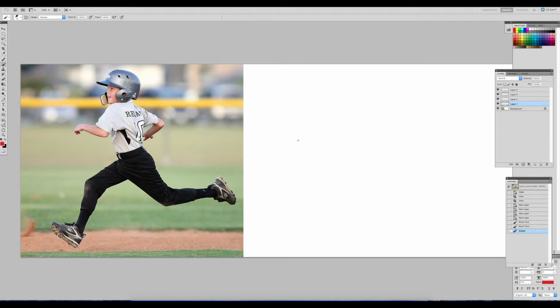Alright, here we have an example of a little boy playing baseball, and he's running towards the base. So we're going to use this as an example of how to break down a subject and how to see the line of action, okay? Right, so this boy is running in that direction. Now, if you look at his body, you could see that his body is leaning towards the direction he's running. So you can see his back is curved and it goes straight into his legs, well, this leg, and out there,